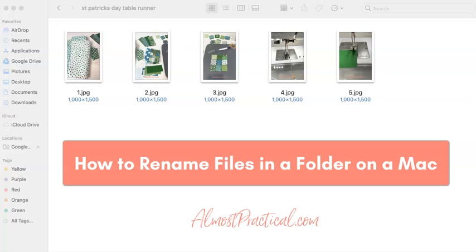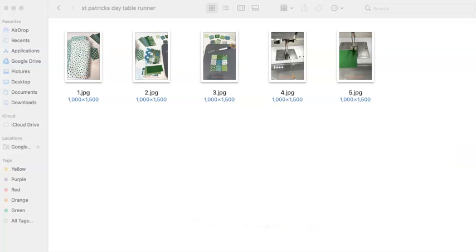If you've ever needed to quickly rename files inside a folder on a Mac, this is how you do it. My name is Nina Nandagopal at almostpractical.com, and this is how you can quickly rename some files inside a folder